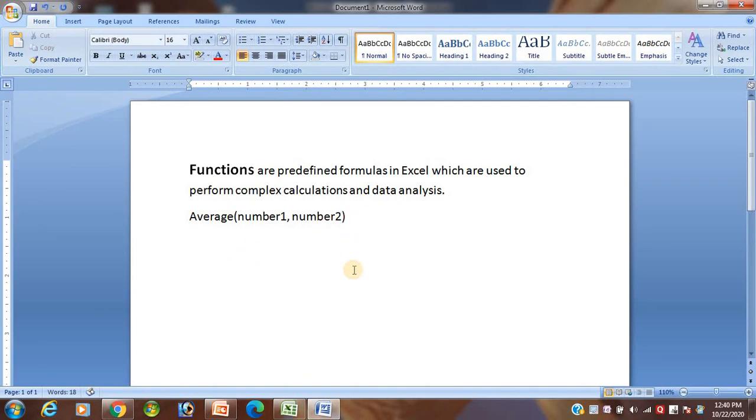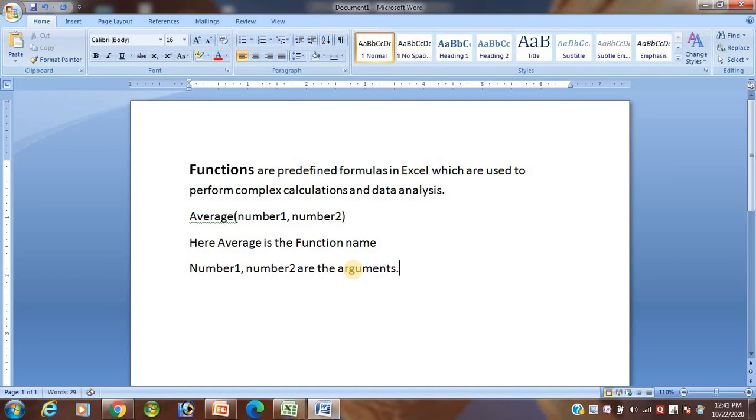Here, average is the function name, and number 1, number 2 are the arguments.